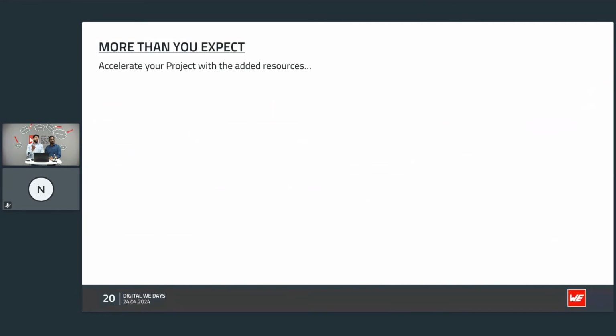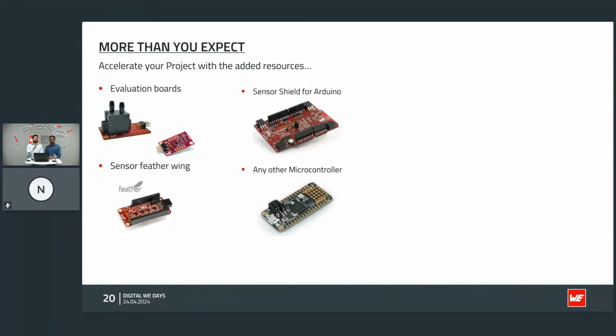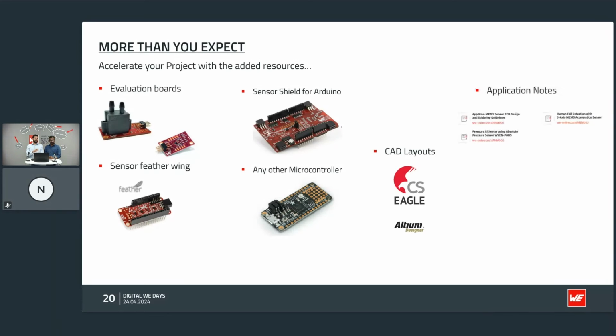Then this brings us to the end of the presentation. Before we conclude, we also want to show what we offer in order to accelerate your project or prototyping. We offer sensor evaluation boards for each individual sensor, or also via sensor featherwing, where multiple sensors of ours are mounted all together. We also offer a hardware platform so that you can connect the sensor evaluation boards to a microcontroller of your choice. Then we also have the CAD layouts so that you can do faster prototyping. And then we also offer application notes and software development kits where you can directly use software example codes from us and take the sensor into